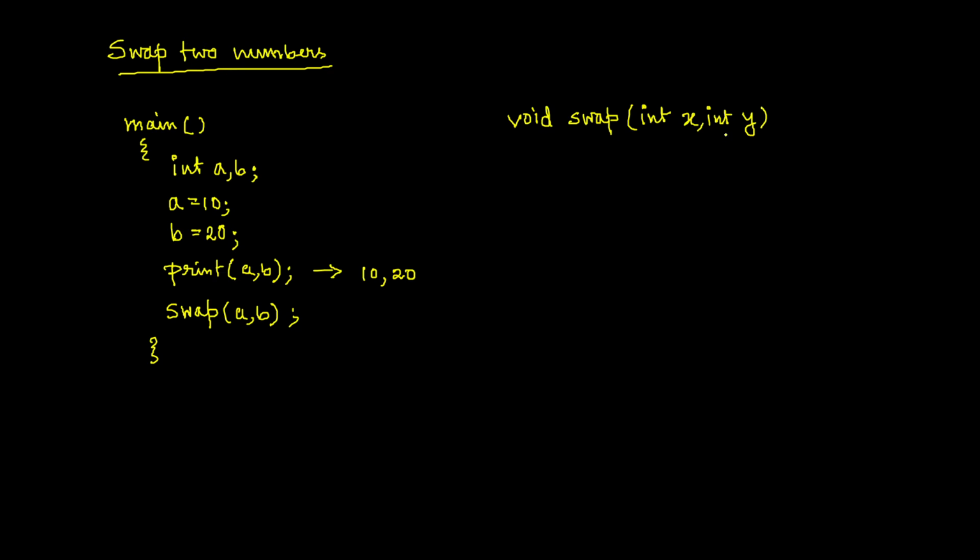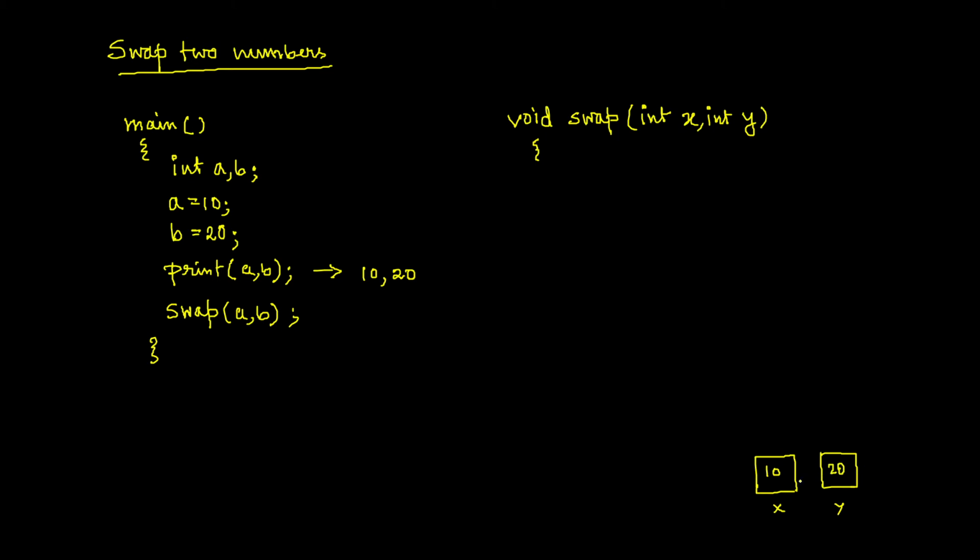Already we have defined what scope is in my previous class, right? So you can check that. If you still have any doubt, you can check that previous video. Now over here I just have to swap it. I have two variables here. For example, let's just consider them as two boxes. One is x and one is y. One contains 10 and one contains 20, and I want to swap them.